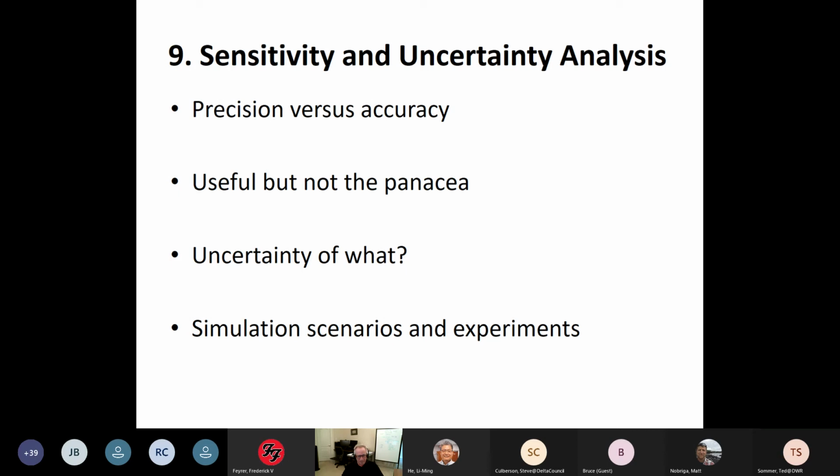Was it plus or minus 10%? Was it based on some knowledge? Was it based on different year types? I think the best way to do this is to think of the simulation scenarios as experiments, and there's an experimental design, and you take it, and sometimes we do factorial designs. Sometimes we do main effect designs. That to me is what the power of these models are, rather than varying the inputs a lot and getting a distribution of the output. It's helpful, but it's not the end all.